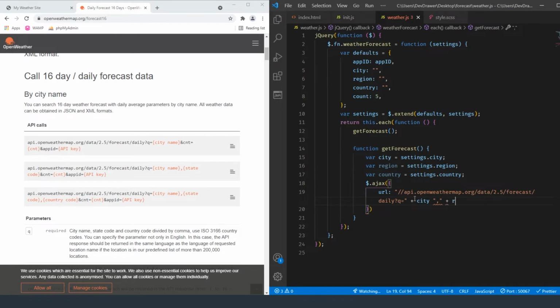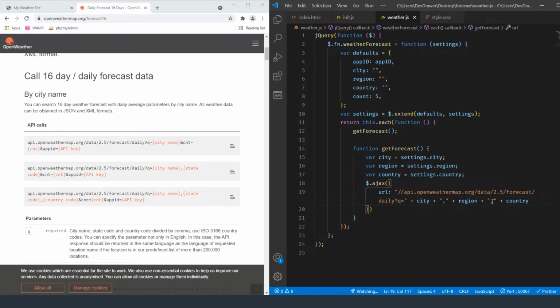I need to add another plus sign right here, and then our region, and then we're going to be passing in the country,